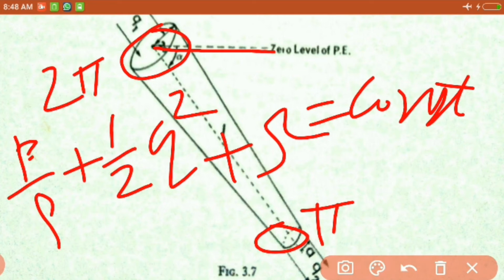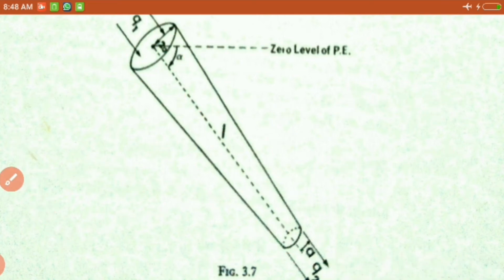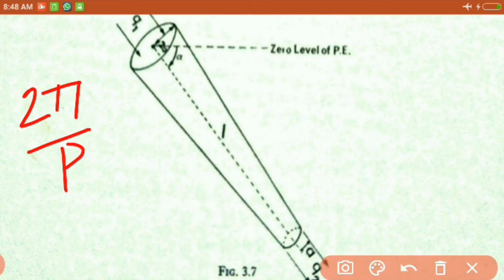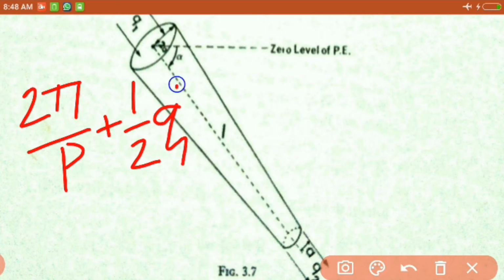This can be written in this form. For the entry level, we have p2 by rho plus 1 by 2 q1 square plus omega, which is 0, is equal to,